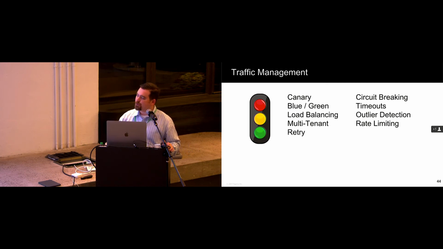It can also implement quite a bit of fault handling, things like retries, circuit breaking, and timeouts. If you write some interesting ways to analyze data that's coming in, it can do outlier detection and things like that. But the neat thing about all of these various things that it's doing is it's also making very heavy use of hash tables. Rate limiting is a big one.